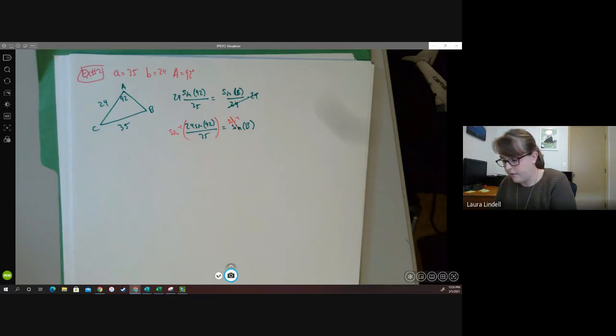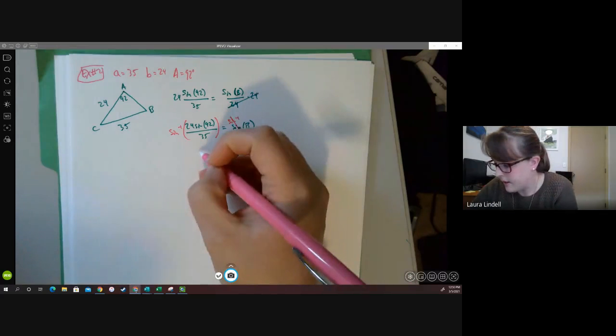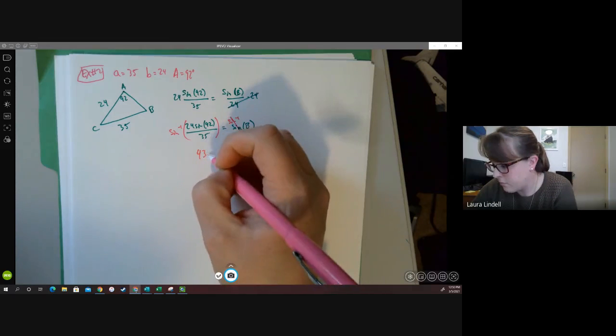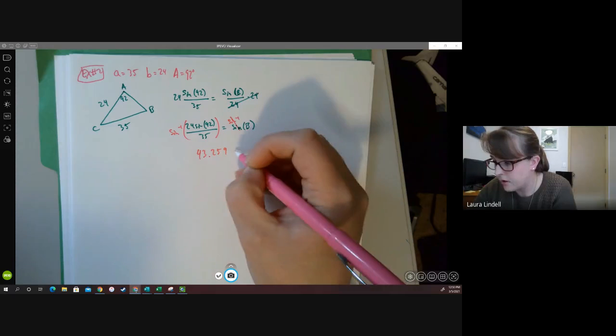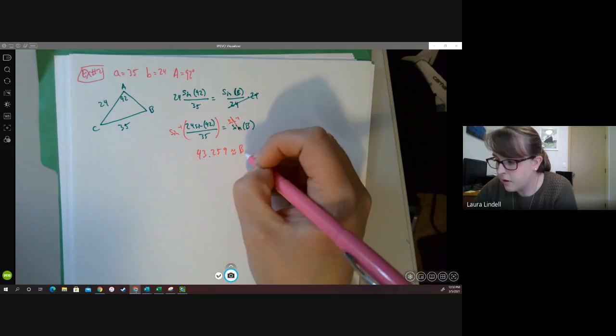So we go inverse sine of 24 sine 92 over 35. And we should get that B is 43.259 approximately. And I'm going to call this B1,